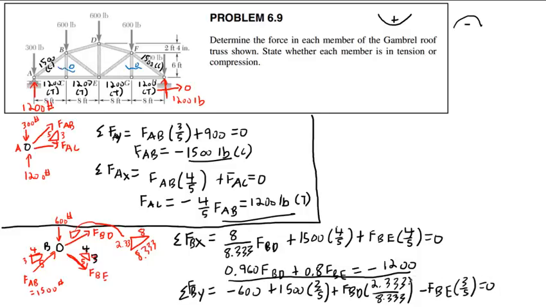All that equals 0. And that comes to, let's see, 900, 300, right? 300,